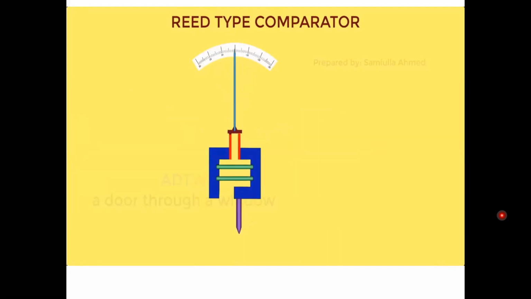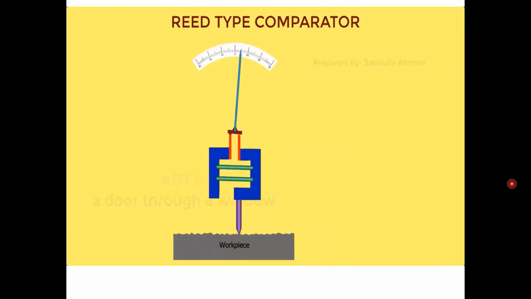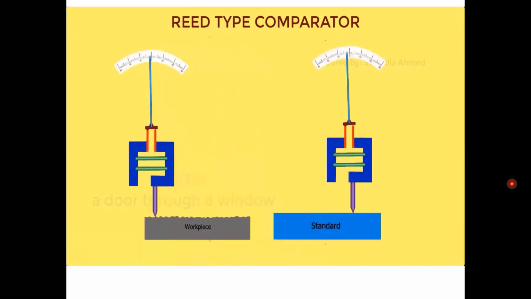Since we understood the construction and working of the reed type mechanical comparator, now let's see how to use it. A working standard will be placed underneath the plunger to take the dimensions as the required dimension. After taking the reading of the upper and lower limits of the standard's dimension, the standard is removed. Now place the workpiece underneath the plunger to take the measurement of the workpiece. Slide the workpiece below the plunger and take the readings. Compare the readings with the actual working standard's readings. This is how a reed type mechanical comparator is used.